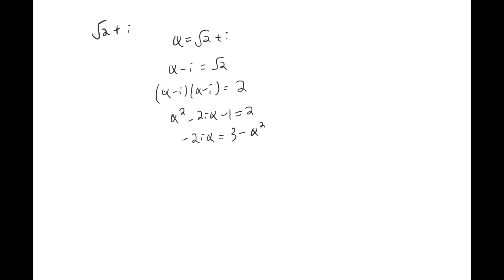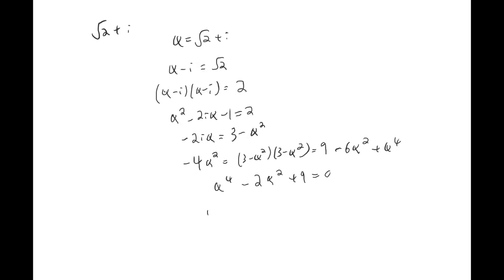So let's square both sides now. So I get 4... no, i squared is -1. So -4 alpha squared equals 3 minus alpha squared, all squared. Tell me if I made an algebra error. So I get, this thing is 9 minus 6 alpha squared plus alpha to the 4th. So I get alpha to the 4th minus 2 alpha squared plus 9 is 0. Yeah. So alpha is a root of